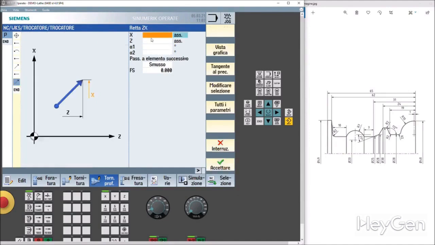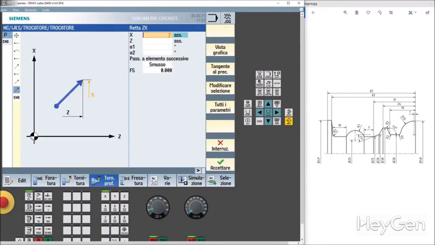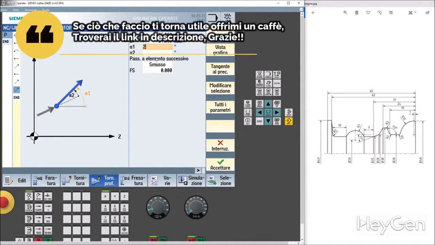So, an inclined line at X28. Let's accept it. And it tells me it doesn't know what to do with this. So we add another inclined line that reaches X25 at Z minus 31. And we give it an angle of 180 plus 21, which makes 201 degrees.